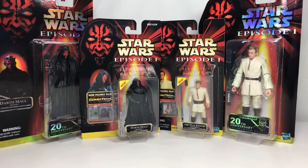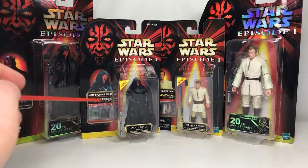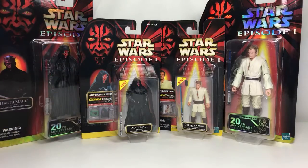The hunt for Darth Maul was brutal. Oh my god, I know. Andy, man, it was rough. Like I said, I think there was only like 2 of this version, the Tatooine cloaked Darth Maul, on the shelf at my Toys R Us when I went with my father, and I was lucky to get that one. I mean, you had grown men with like 16 Darth Mauls in their hand, just getting checked out,